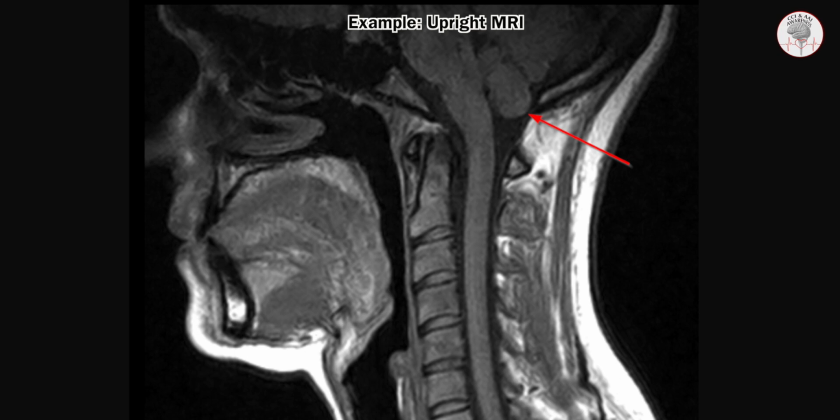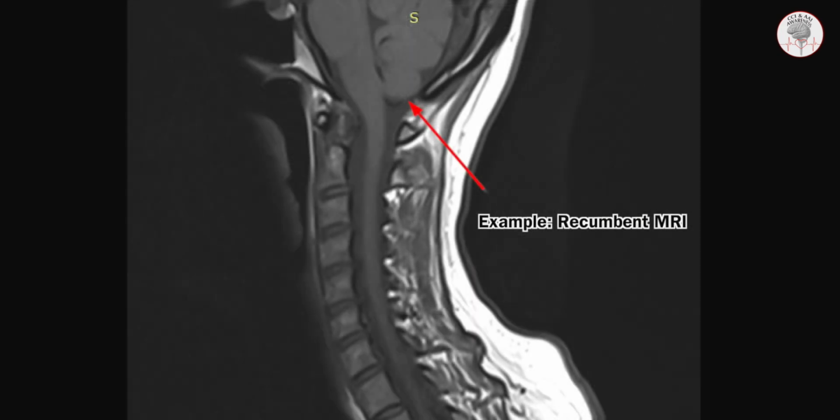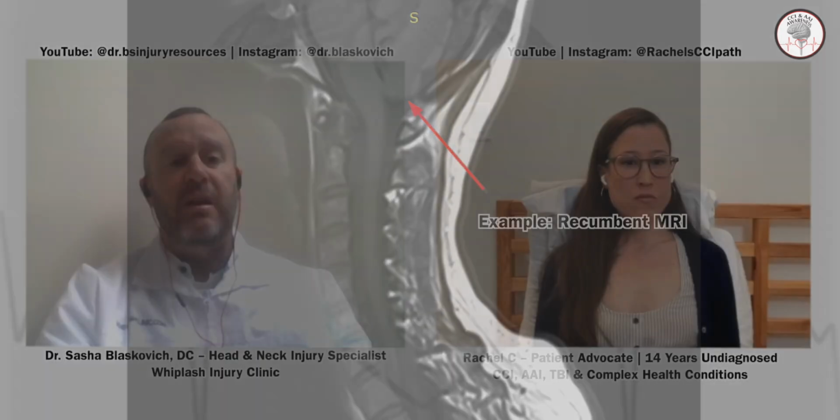But my personal experience with patients who have had recumbent MRIs and then end up getting an upright MRI, as far as how much of a difference their Chiari, if they're going to call it that, generally it's not 5 millimeters, they don't even call it that, but their low lying cerebellar tonsils go further low lying in the upright position. I personally haven't clinically seen that as dramatically as has been propagated out there in the conversations. And so I don't think there's a massive limitation in just doing recumbent imaging, but then doing it stressed.